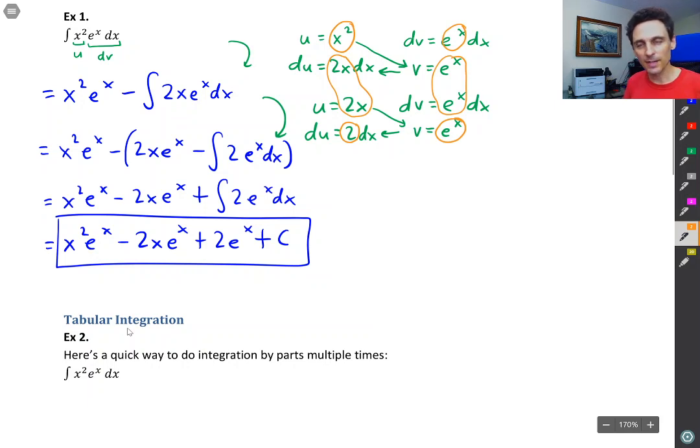So sometimes people ask, like, what's better, tabular integration or integration by parts? And the answer is, I mean, they're really the same thing. They're exactly the same thing. They're both integration by parts. It's just that tabular integration is a way of writing integration by parts in a very streamlined way. Let's give an example